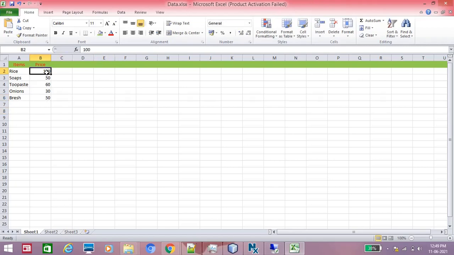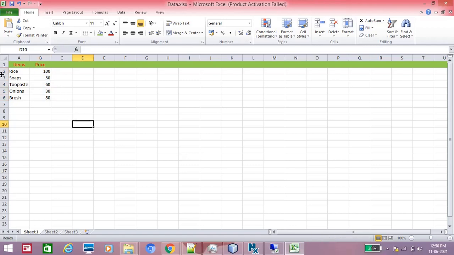Then we can calculate how much the total amount is. We can use sum. With the help of sum you can find it. Otherwise, we can select the first one. The first column has 100, then the next row, the sixth row, is 50. Just select with shift. Then you can find it easily here. The total sum is 290, count is 5 values, and average is 58. By selecting this also we can find it easily at the bottom of the Excel sheet. Here sum is 290, count 5, and average is 58.